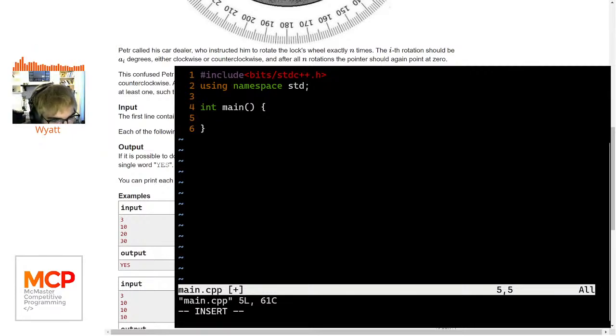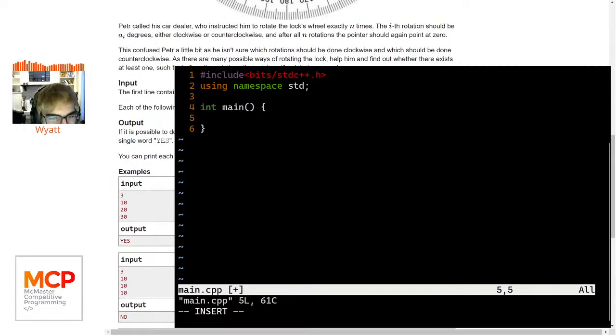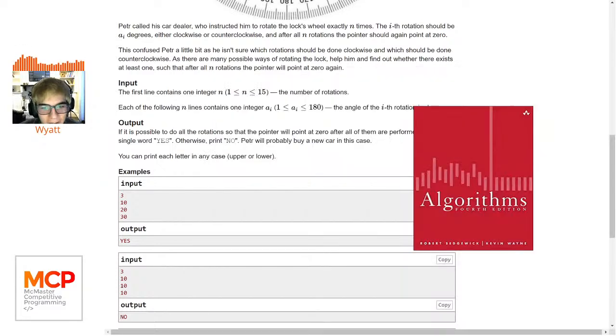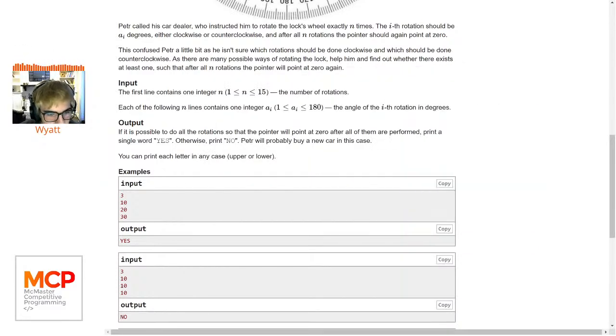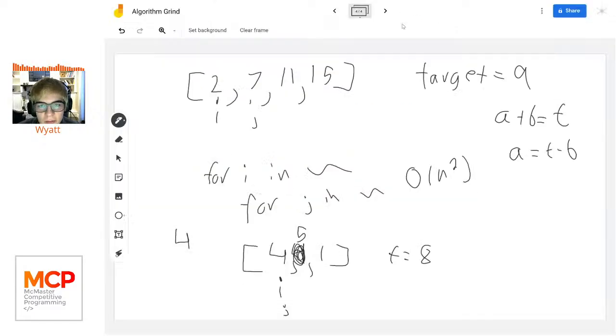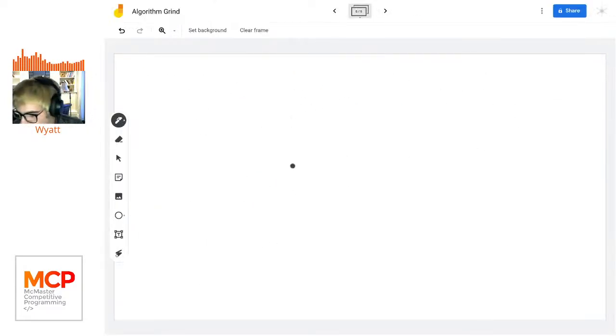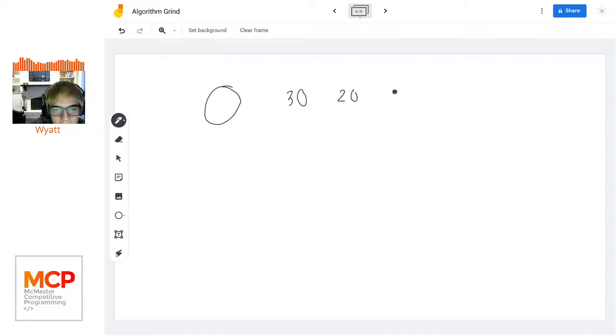So we see in this question, so our first line contains, and actually, sorry, what am I doing jumping into the code? Before we dove into this, I want to actually dive into the idea, the core brute force idea. So sorry, let's go back here for a second. I'll even hide the book. Okay, so we said for every angle we wanted to try, we've got a gauge, and we've got a bunch of angles. Maybe I've got like 30 degrees, 20 degrees, 10 degrees. And for every angle, I could try it clockwise or counterclockwise. So for every one of these,